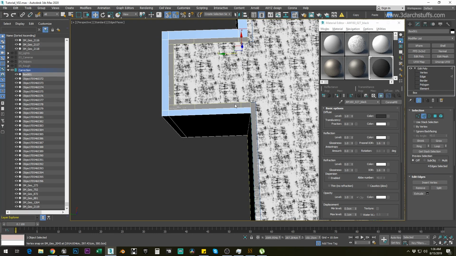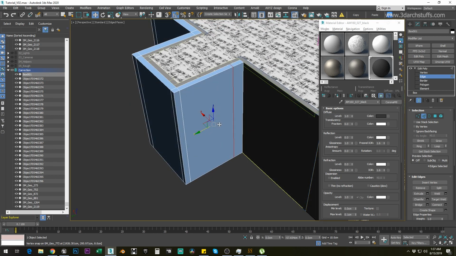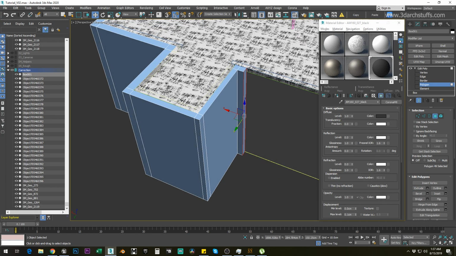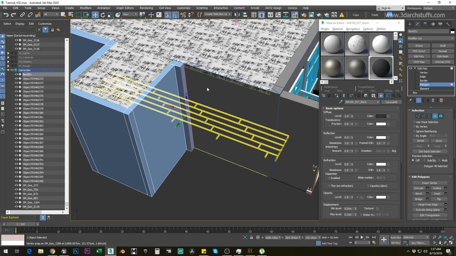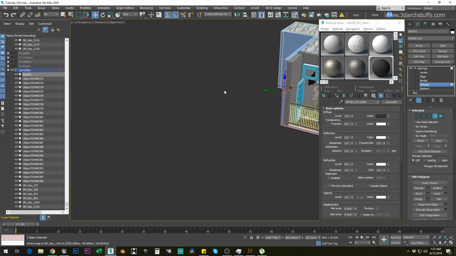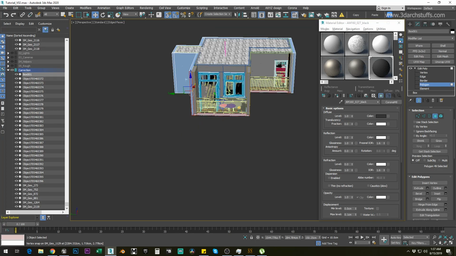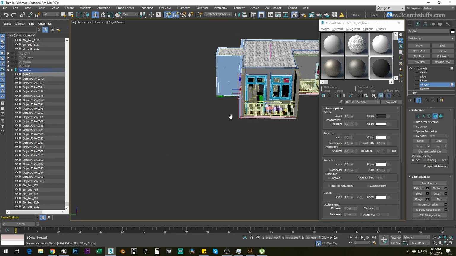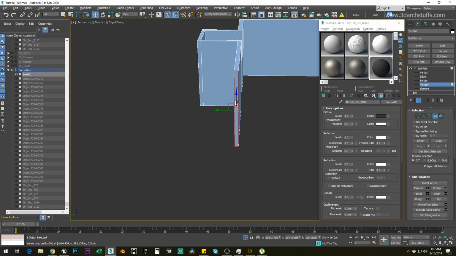Again go inside edge, select all these edges, connect, switch off snap, and then just go ahead and make it 20 centimeters, and then select this polygon, and then extrude it, switch on the snap tool, and snap it. And now what we'll have to do is go ahead, isolate selection,